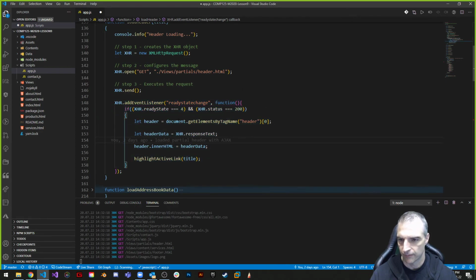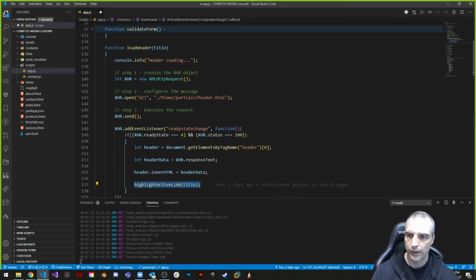Get the header, inject it, and then highlight the active link based on the title that we've got. And the title's not really working, so something's broken in here anyway. But this is the key. The key is when we load the header, we actually load the header HTML partial file, which is inside